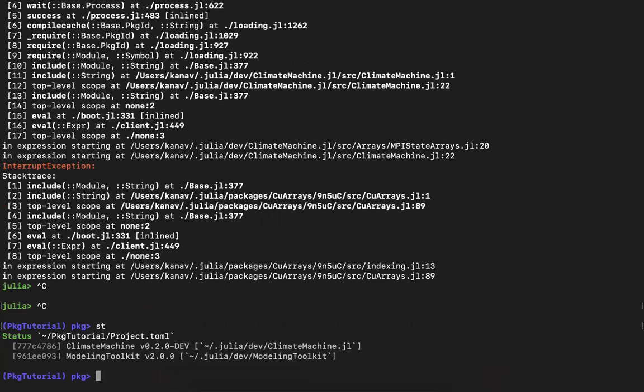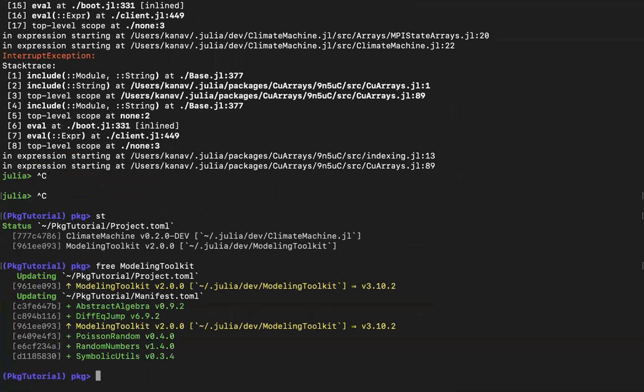There is no tab completion in the package management. I removed the dependency while showing you all. So there is tab completion now. ModelingToolkit would be... Yeah. So now what will happen is this would be changed from the developed version to version 3.2. See, I haven't updated ModelingToolkit for a long time, so that is not a good practice.